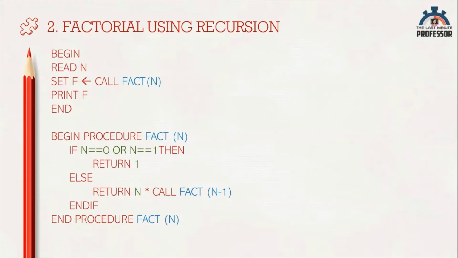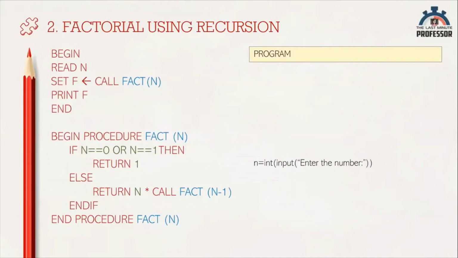Here, first I'm just going to convert the pseudocode for finding factorial using recursion into a Python program. I'm going to define my own function called fact to calculate factorial. In Python, a function should be defined before it is called. A function definition does not run on its own unless it is called. So I'm leaving some space for the function definition. Let me get the user input, call the function fact by passing this input, store the value it returns in f, and print the value of f.